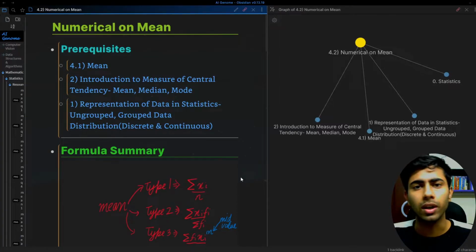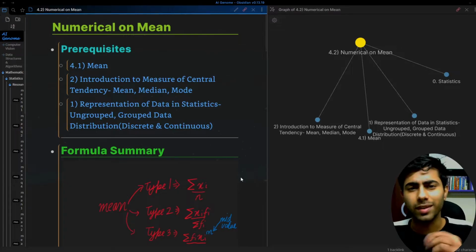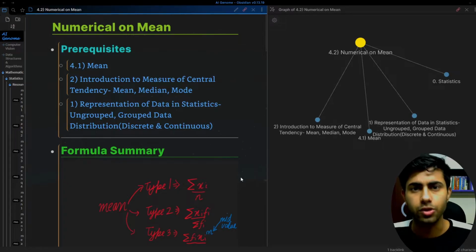So till now we have learned the different data representation techniques in statistics, that is type 1, type 2 and type 3 representation. Then we learned a basic introduction to the different measures of central tendency, which are mean, median and mode. And then we learned about mode, that is we solved some questions on mode with each of type 1, type 2 and type 3 category. And we also learned what mode is, why we need mode, and what are